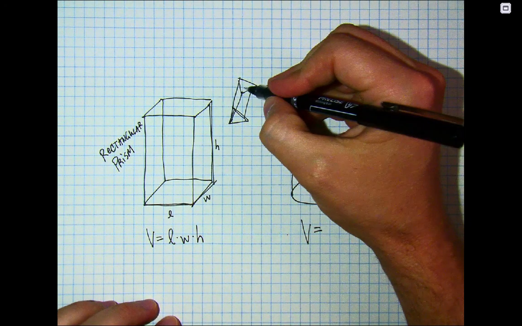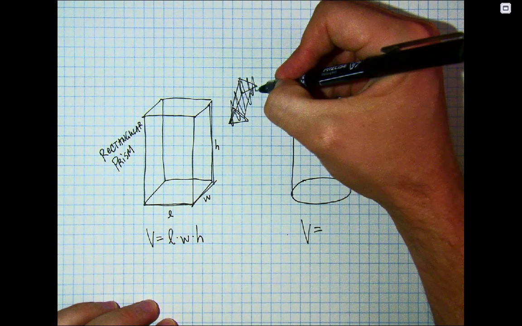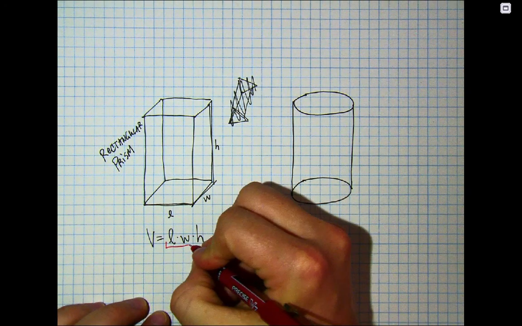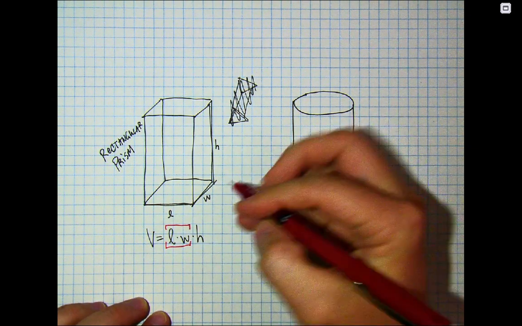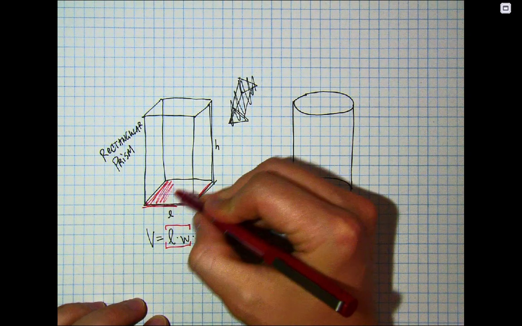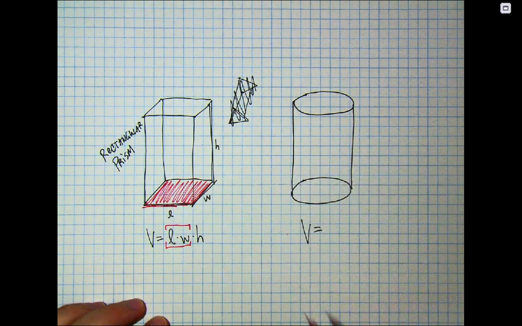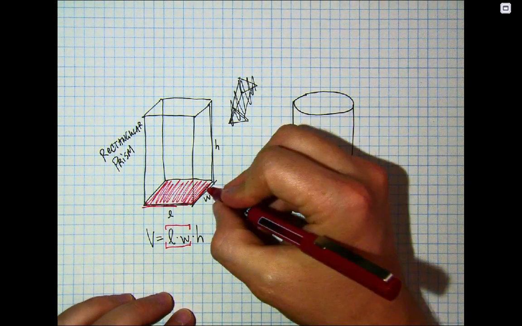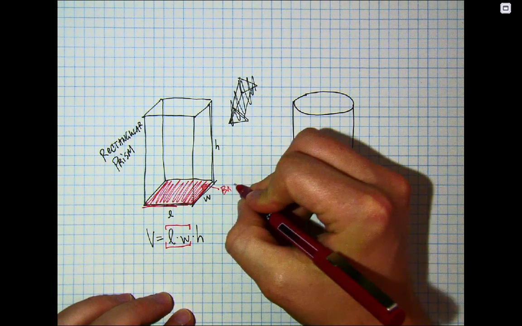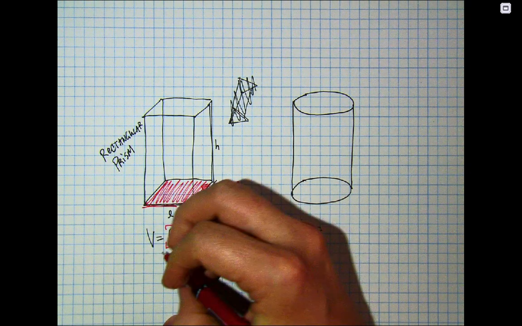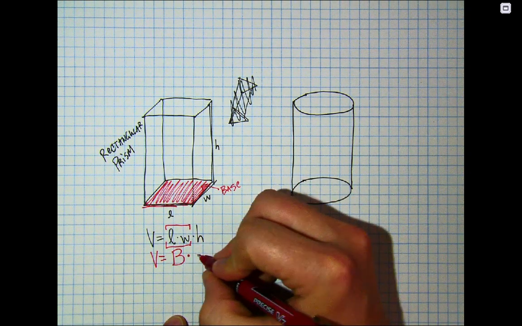In this case, it's not length times width times height. But in this case, it is. Why is this length times width times height? Well, think about just length times width. If you just did length times width, what would you be finding? Wouldn't you be finding the area of this rectangle or square on the bottom of the prism? Yeah. So this is what we call the base of the prism. And so really, you could say that the volume of a prism is the area of the base